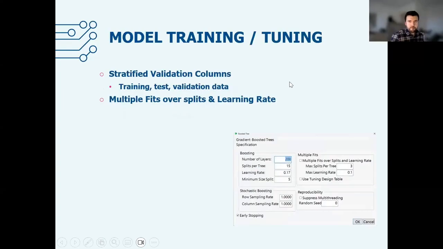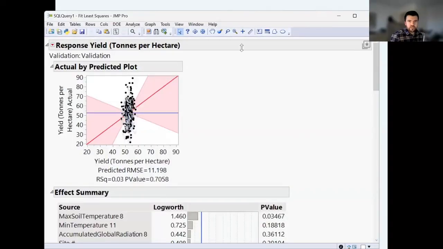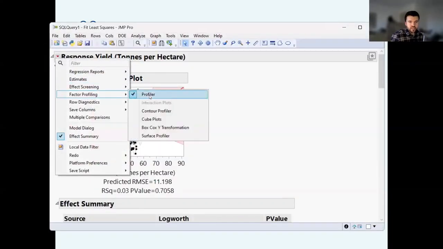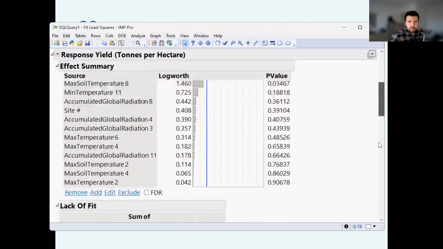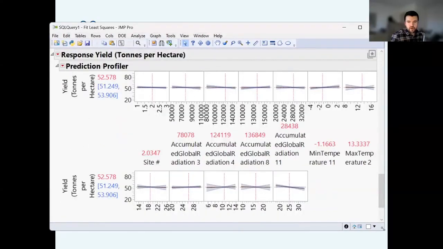So now we go to model evaluation, and as I said, the R squared and RMSE. We're going to look at some ways we can evaluate the performance of the model. So if we go back to JMP, here we have a model we just created. Here we can go to Factor Profiling, Profiler, it's already on. Here is our model, our profiler,